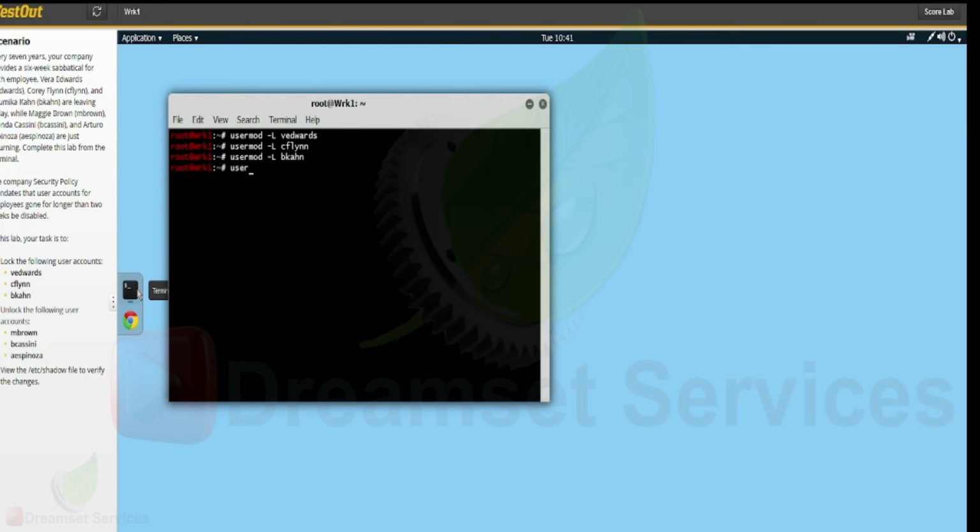usermod -U rather, and M. Brown, and then type in, so just copy and paste, and we edit later. So the name is going to be B. Cassini. Then we enter, copy and paste, and we edit,